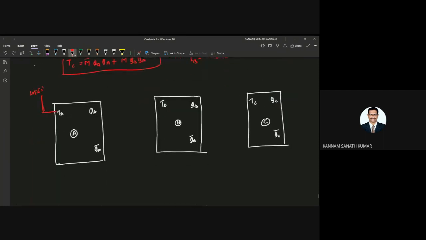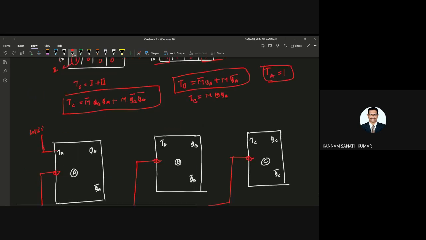And this is a synchronous counter. You need to give a common clock for all the flip flops. So this is the clock, common clock for all the flip flops. And next, what is TB?